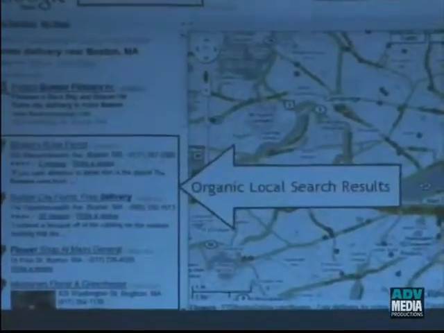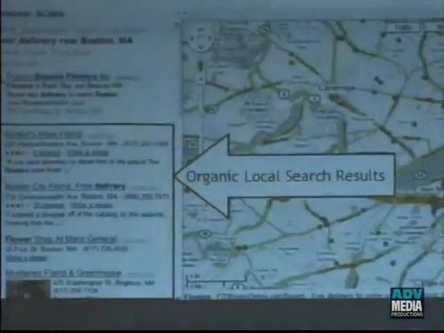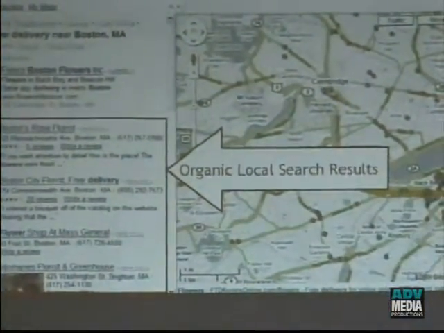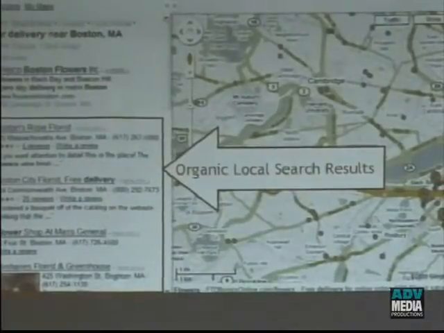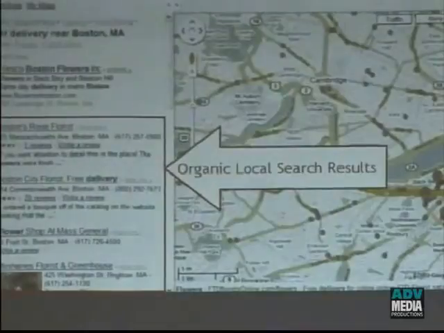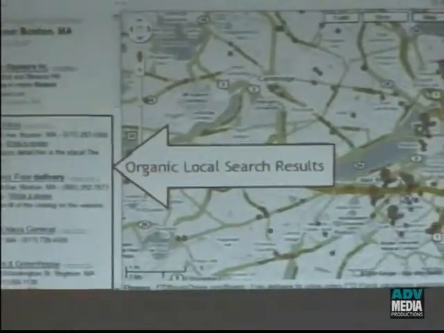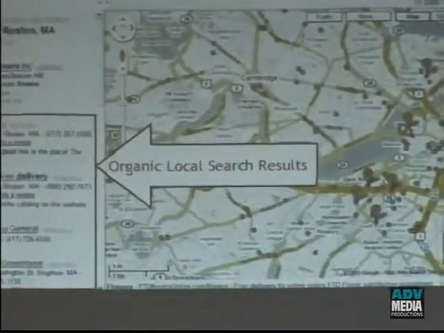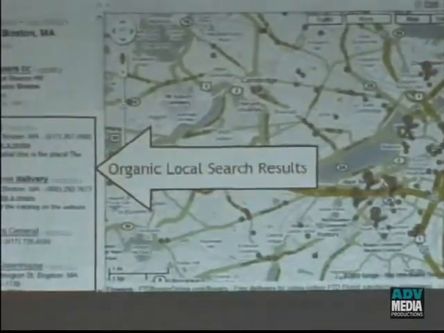So you also have to be registered in Google Maps if you want to be on the map result. Then you see the little balloon. Those are all organic search results. So you need to optimize for those keywords that people would be looking for in that particular arena.